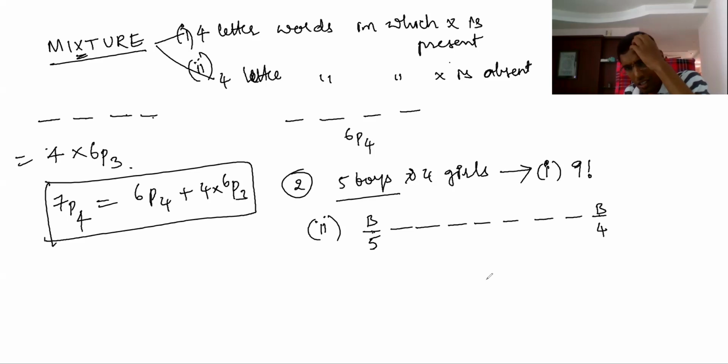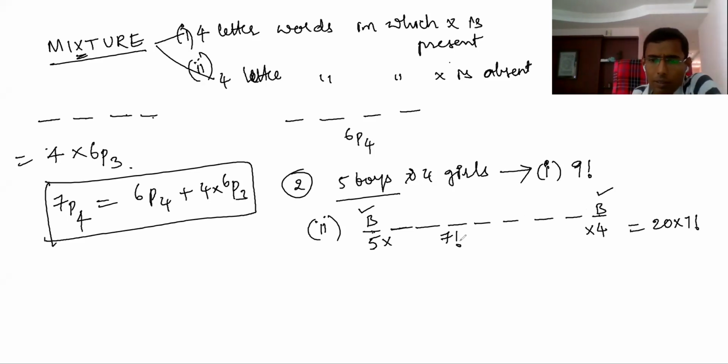Understand this. Now here who should come? Either boy or girl. There's no condition there. Only it should begin with a boy and end with a boy, that's it. Here anyone can come. That means the remaining 7 people can be arranged in 7 factorial ways. So 20 into 7 factorial. Begin with a boy, end with a boy, remaining 7 blanks you can arrange anybody. Here 3 plus 4, 7 people in 7 factorial ways.